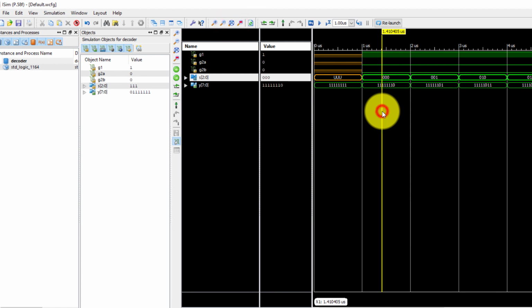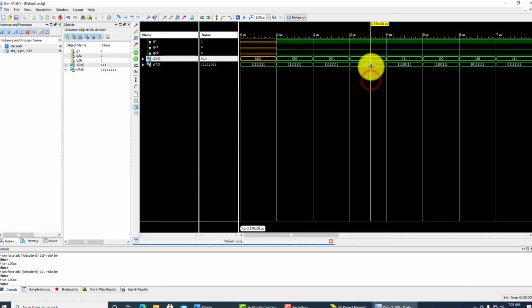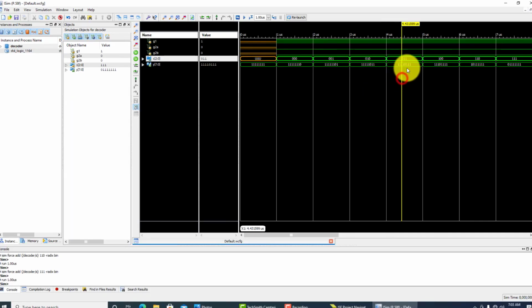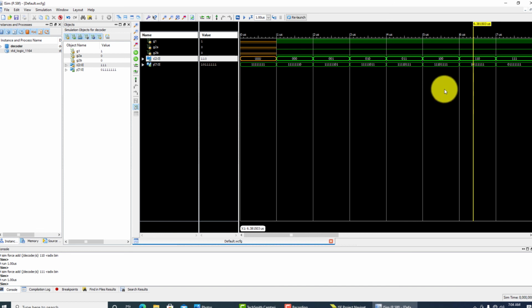Okay, 000 means the decimal value is 0. So in the 0th position we are getting 0. Here the first position we are getting 0. Here the second position we are getting 0. Here the third position we are getting 0. Here the fourth position we are getting 0. Here the fifth position we are getting 0. I forgot 101, I'm writing 101. Then 100. Here the fourth position we are getting 0. Here the fifth position we are getting 0.